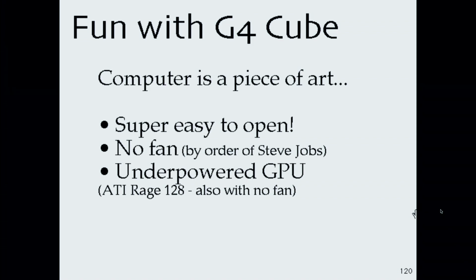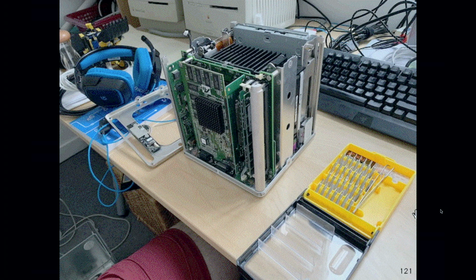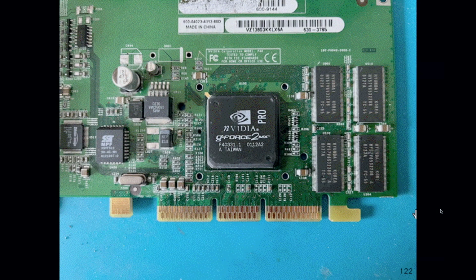They're quite easy to get open. You basically push a handle in and it pops out, and then you can just pull the whole innards out of that acrylic box. Here it is. I wanted to upgrade the GPU. Unfortunately, the upgraded GPU I had was this NVIDIA GeForce 2 MX, and it came with another really underpowered, tiny size heatsink on top of it.